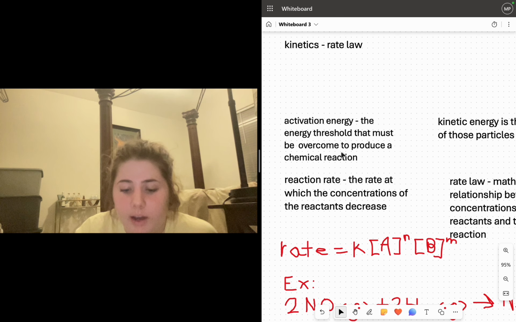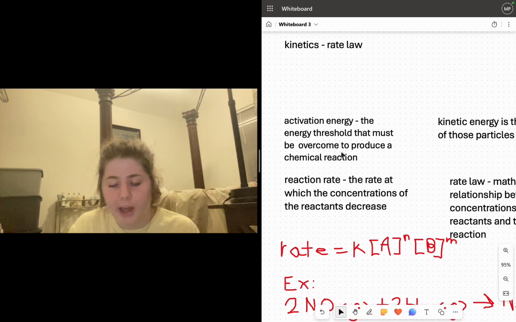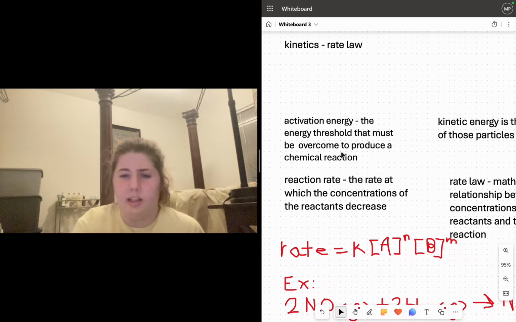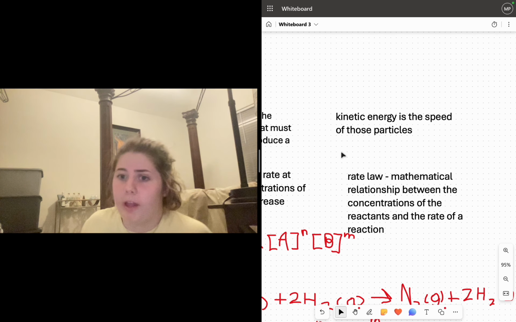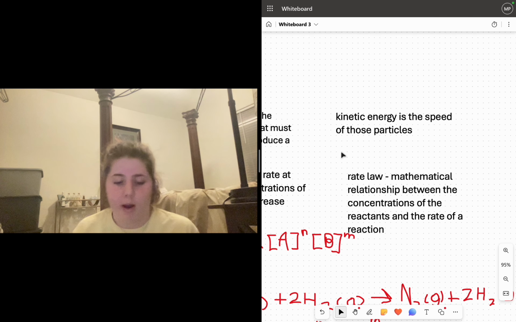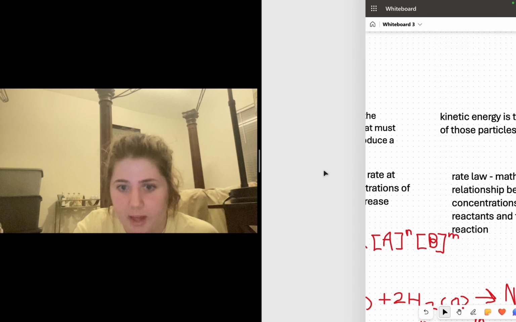And then down here we have the reaction rate, which is the rate at which the concentrations of the reactants decrease. And the reaction rate is like the speed of the reaction happening. And then over here is the rate law, the mathematical relationship between the concentrations of the reactants and the rate of a reaction. And the rate law is the equation that we're going to be breaking down, so it can be explained by this